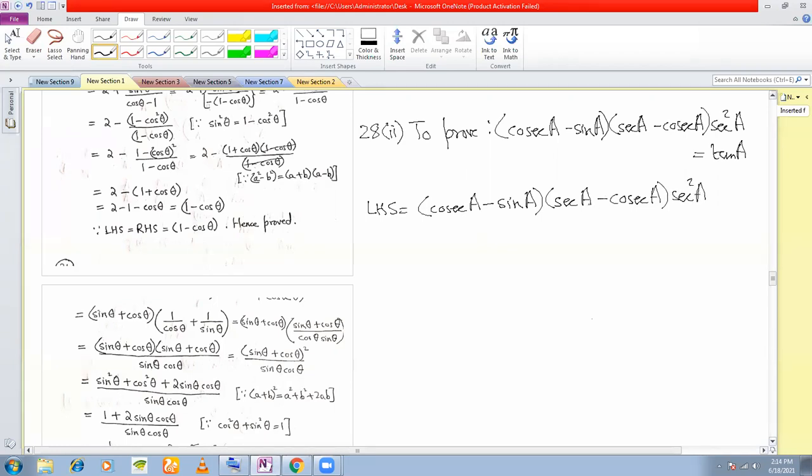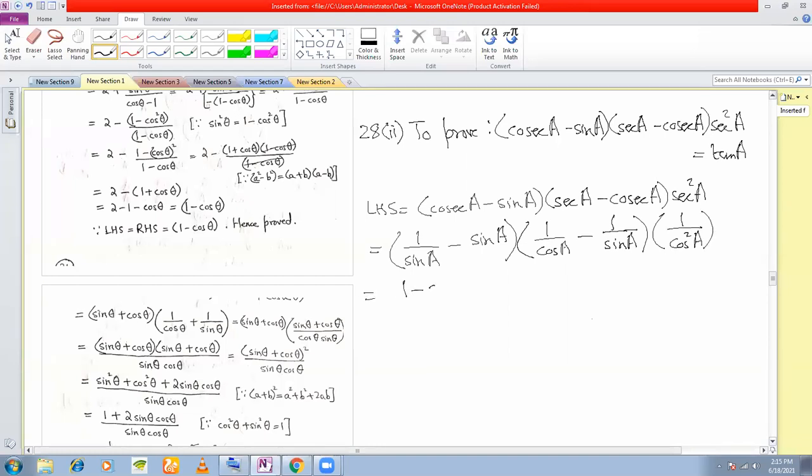Okay, the obvious thing that comes into your mind is everything is cosec and sec. Okay, and there's a tan. So that means obviously you need to change everything to sine and cos. So you change cosec to 1 by sine A, and this will remain sine A. Change sec to 1 by cos, cosec to 1 by sine. And you can change this sec also to 1 by cos square.